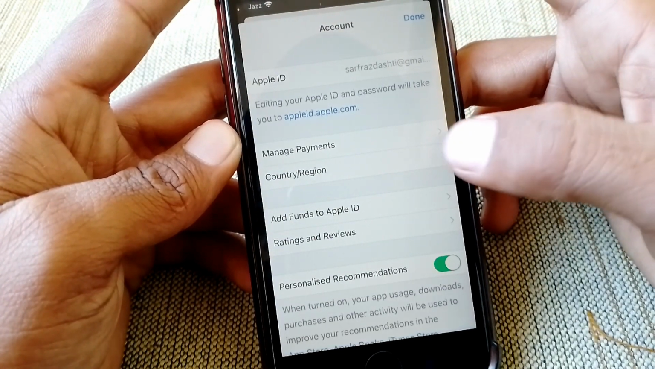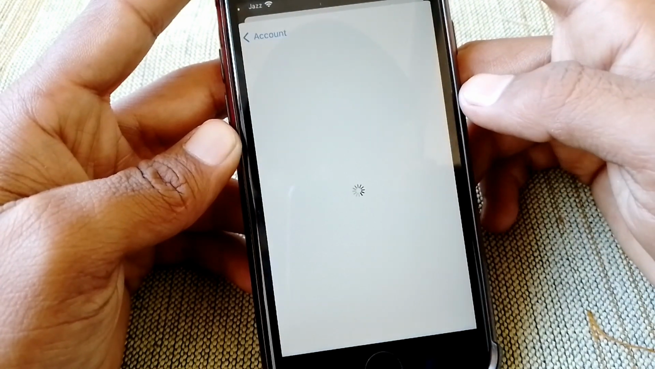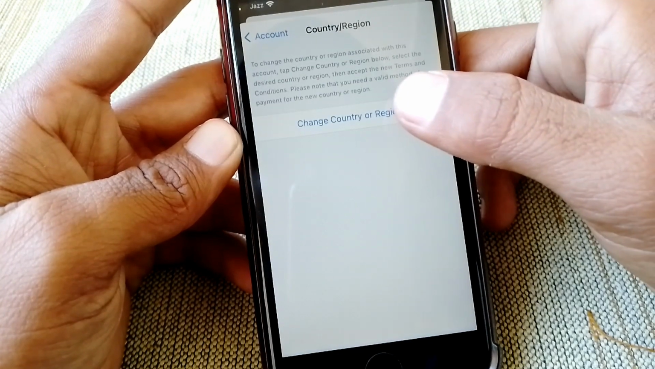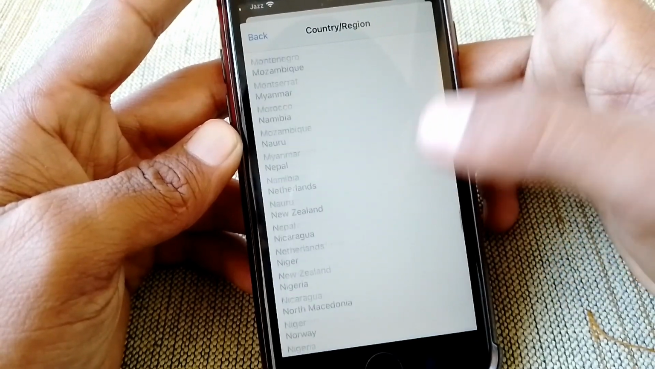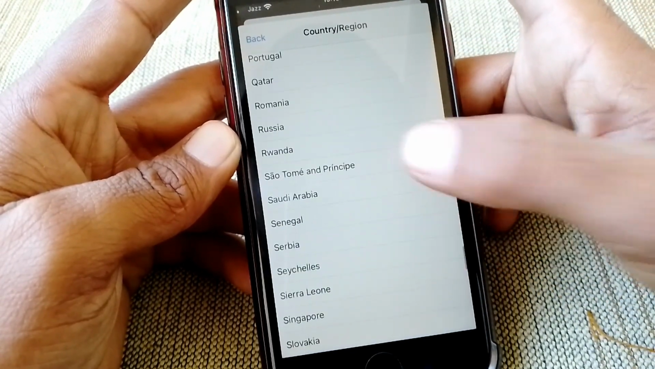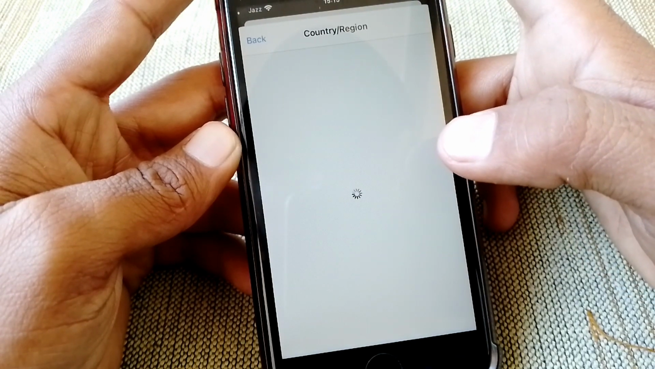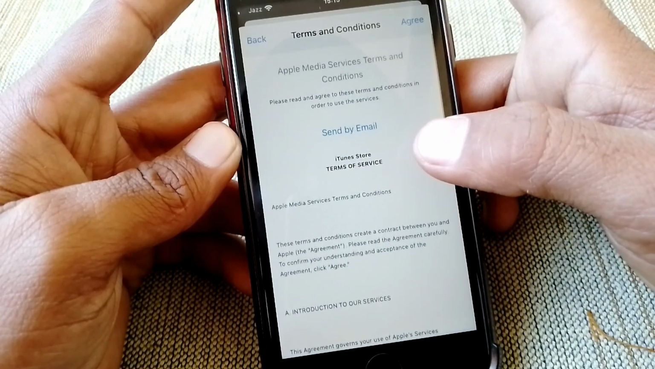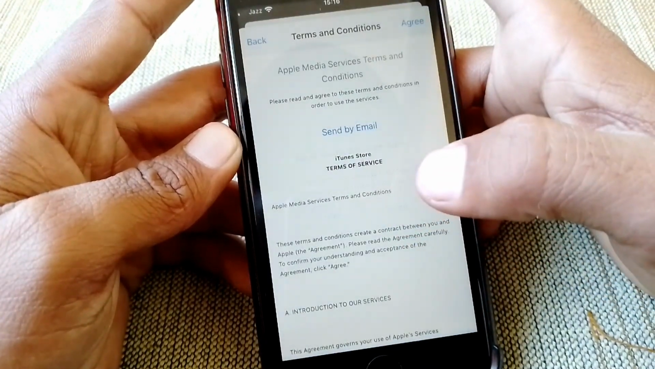And if it's still there, then you have to tap on Country Origin, and now from here wait for a while. Now tap on Change Country Origin, scroll all the way, and from here you have to select your country. Now I'm going to select Pakistan, and here are the terms and conditions, so you have to read them carefully, and after that you have to agree to them. Again tap on Agree,